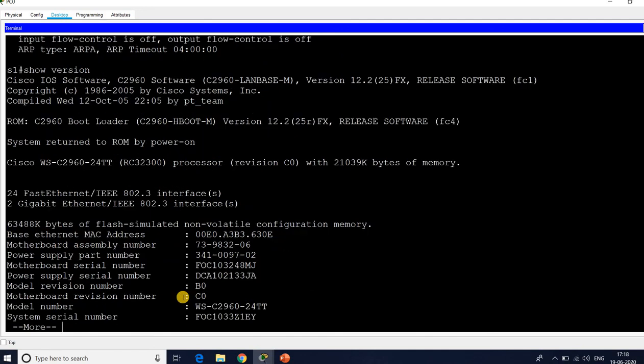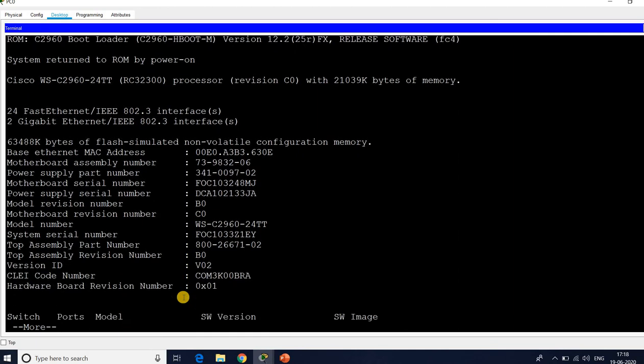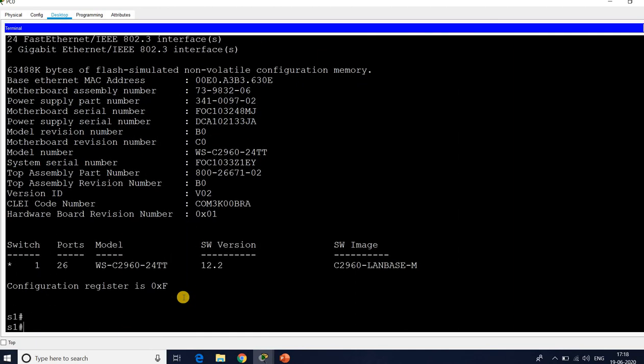So you can see the version of the switch. The base Ethernet MAC is 00E0.A3B3.6303, and the motherboard assembly number, power supply part, serial port number. So these details can be seen here, and the switch ports are 26. The model is 2960, and the version is 12.2.